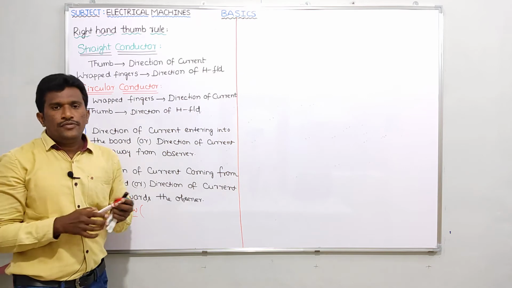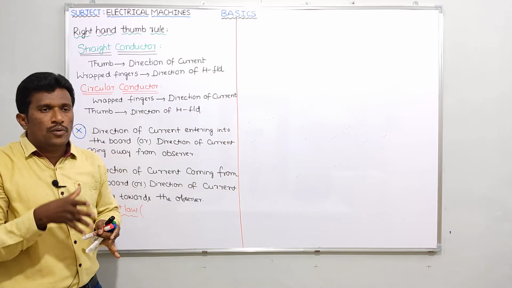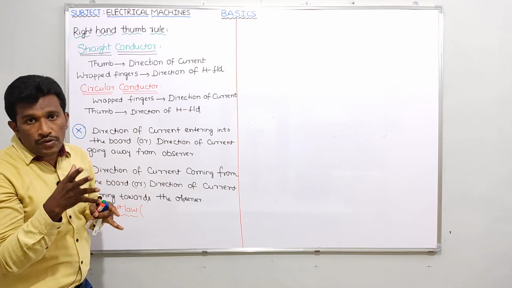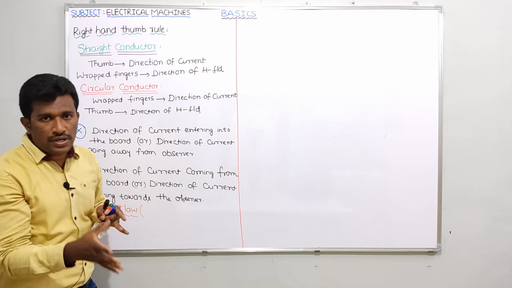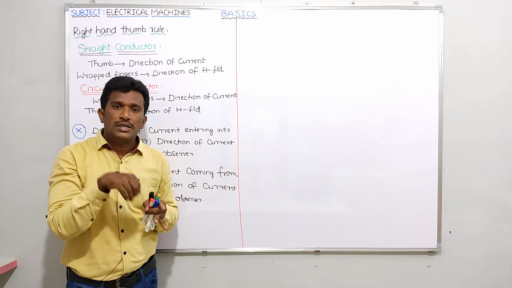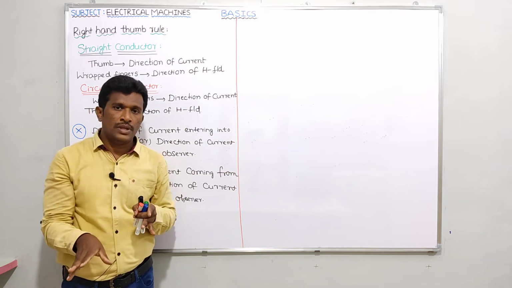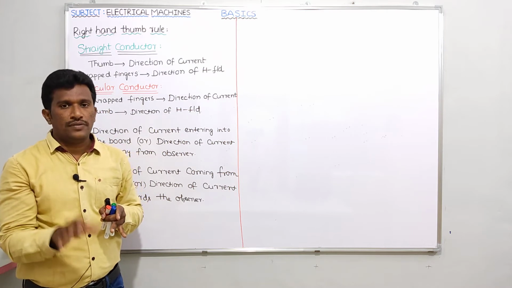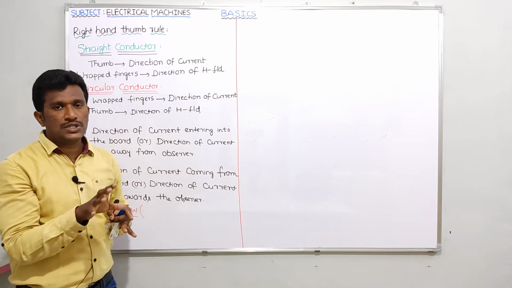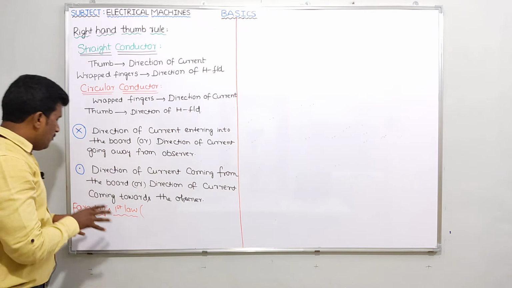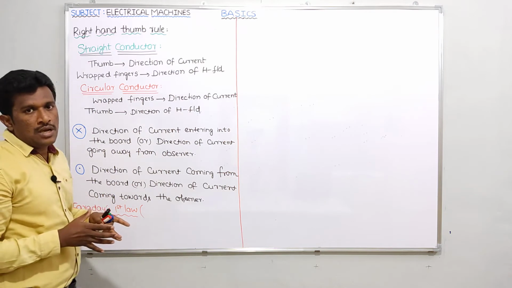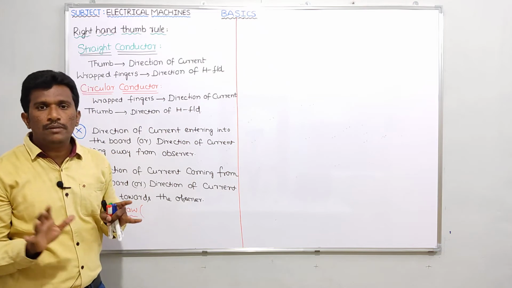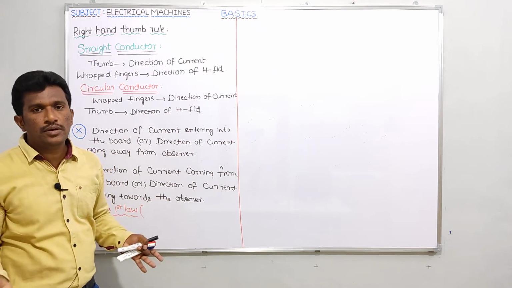If you see the basics first video, what I wrote in the first statement: according to Faraday, the basic requirements for inducing EMF are a set of conductors and a magnetic field, and there should be a rate of change of flux linkage between conductors and magnetic field. I already explained this in the basics first video. Indirectly, Faraday's first law tells us how EMF will be induced.